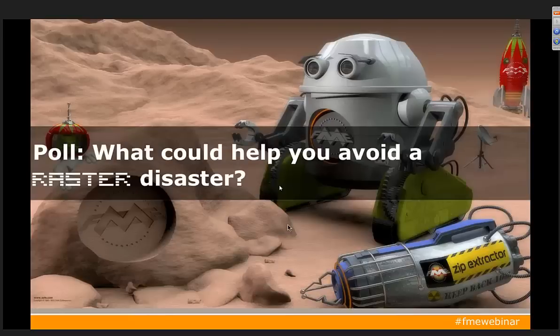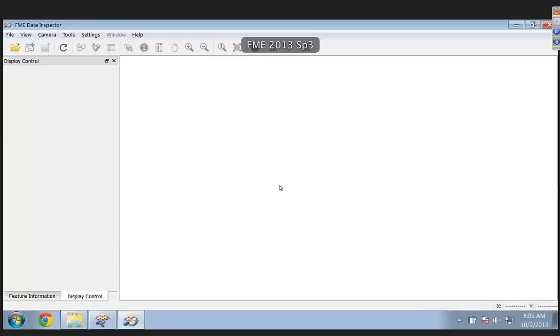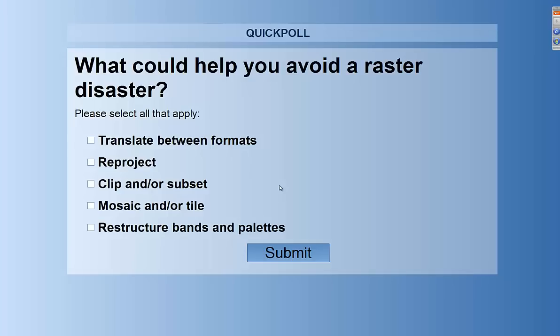All right. So what could help you avoid a raster disaster? So let's go back to the polls one more quick time. Don't worry, we're not going to poll you too much today. But what are the kinds of things that would not necessarily be a disaster for you, but things that could be an issue? You can select many here and let us know what kinds of things could help you as you work with raster.